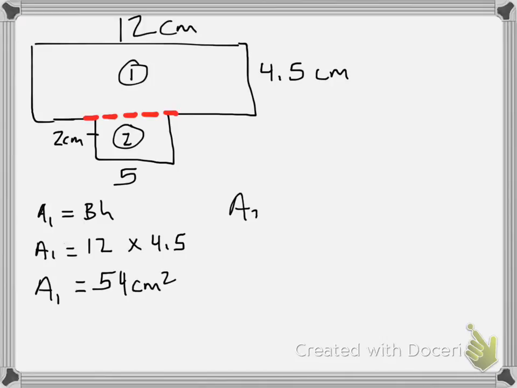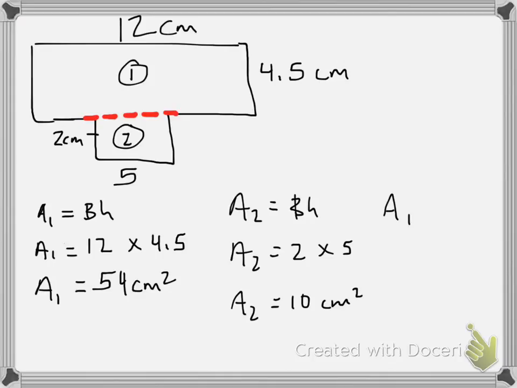That's also a rectangle, so the area of the second one is still base times height. So this will be 2 times 5. So the area of the second one is going to be 10 centimeters squared. And then to get the area of the whole shape, we just have to add the first plus the second. So the area of the total shape is going to be 64